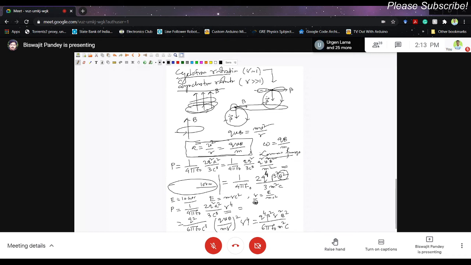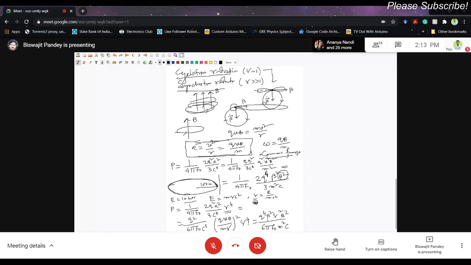This was, I think, q to the power 4 beta square. There will be a bit of difference, but again gamma square, so the power loss will be much more than the non-relativistic case. And if I ask you to calculate the total energy radiated by the electron, I mean, what is the total energy lost by the electron or the charged particle during this one orbit,